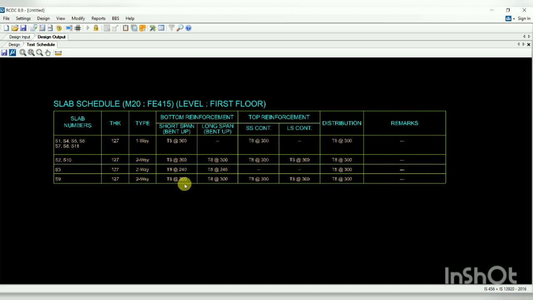You can still make some modifications so that there will be a proper schedule. But I have just shown you the overall method. I will make it in detail for every footing, column, slab and beam. So this is the way you can design the project from ETABS to RCDC. And that one point, the minimum 13 stations, I will cover in my next video.